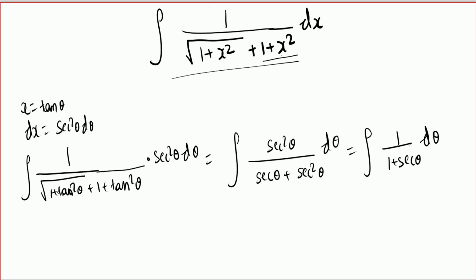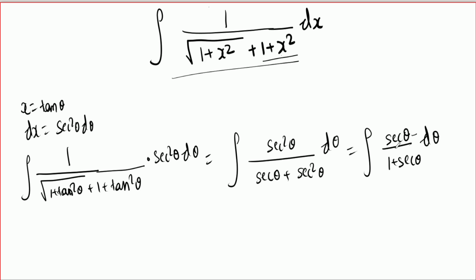No, I made a mistake here. It should not be 1 but sec theta, right? Okay, so I have reached here. What should I do? I can add plus 1 minus 1 here, and then this is 1 minus 1 plus sec theta. Will that work? Yeah, that may work, but